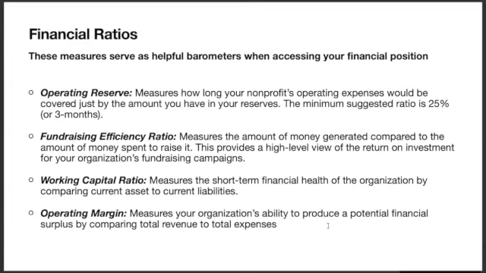At the end of the presentation, there are links to a couple of resources which will bring you to further explanations of each of these. And there are also calculators where you can plug in your organization's information. Generally, all these ratios just go to judge the financial health of your organization. The one thing I would say about these is there's no specific magic number where you would say, yes, this means we're in a good place. A lot of it is dependent upon your budgeting, your specific short and long-term goals. And these are discussions that you would have along with yourself, your CPA, and probably your finance committee and your board.